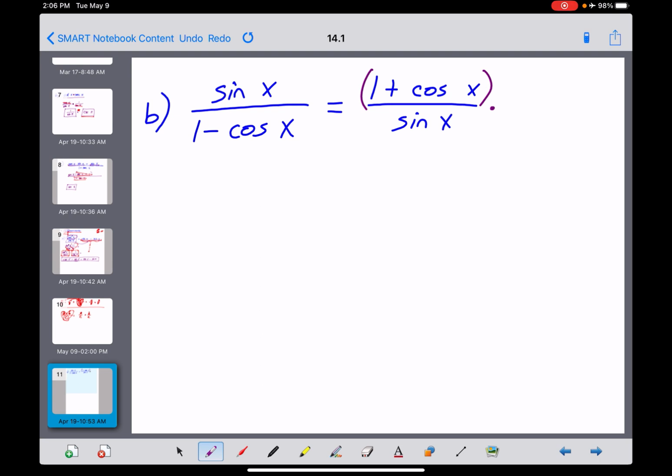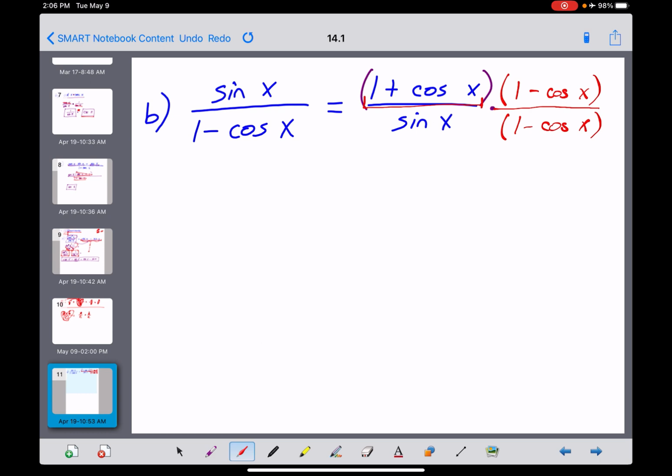I am going to multiply, and you'll see why in a minute, both the top and the bottom of that expression by the conjugate of this binomial. And if you remember conjugates, it means they have the same first term. So that would be a 1, but an opposite second term: 1 minus the cosine of x. And I'm going to multiply 1 minus cosine of x on both the top and the bottom of the right